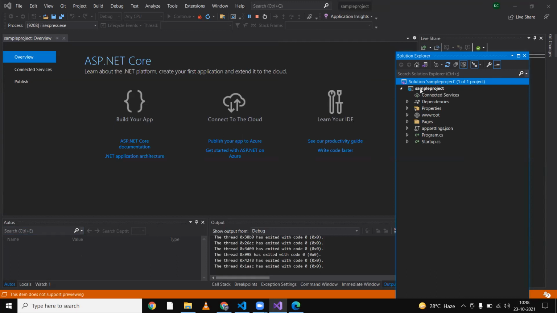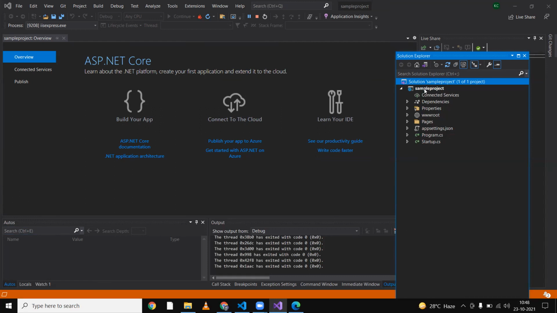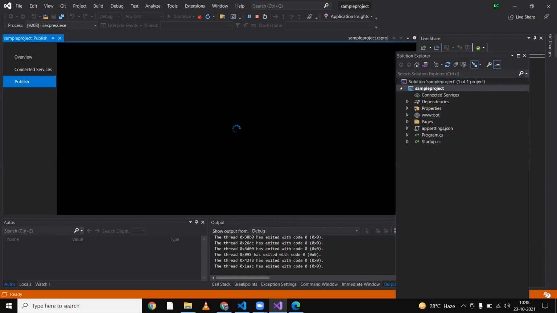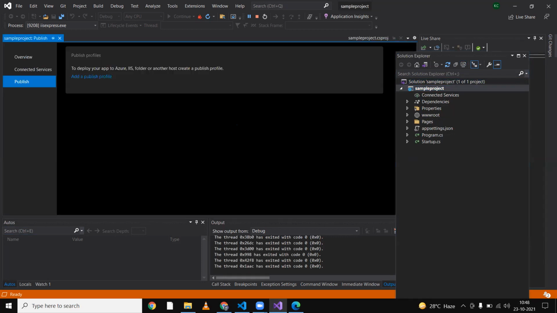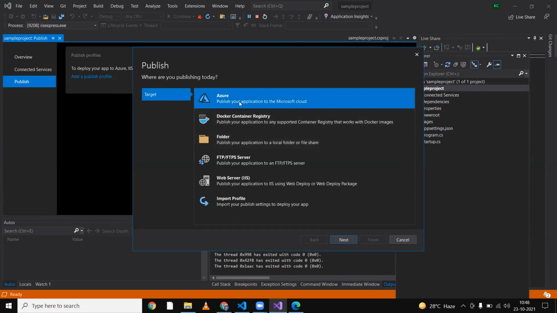build this in our Visual Studio, we are getting another option. If you right click here on this sample one, you are not getting the option of publish. Okay, but if you are right clicking on this sample project, you are getting here the option of publish. We want this only, so click on this option of publish, and after clicking on publish, your environment is now opening, and it will ask you for the details, like you want to publish in your Azure, so say next.